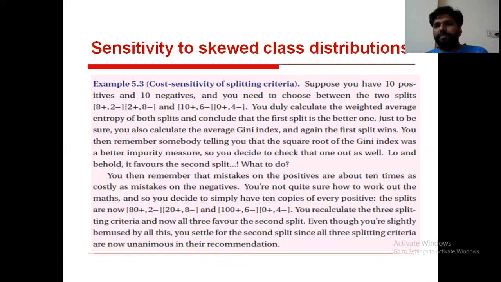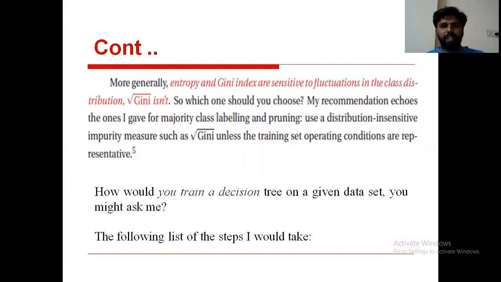If you do modifications like this, what you did here is, actual classes are 8 positive classes, but you multiplied with 10, meaning you increased the number of positive classes 10 times. This is not a right practice. Why? Because the real world data is sensitive, right? The real world data is sensitive.